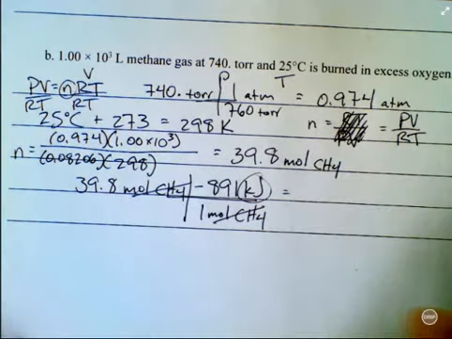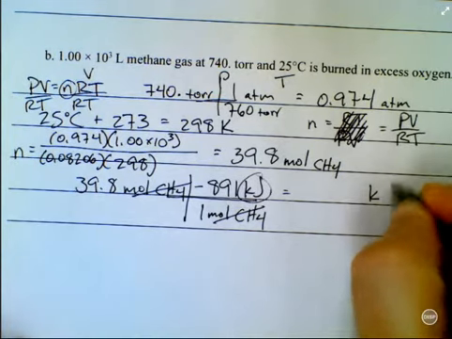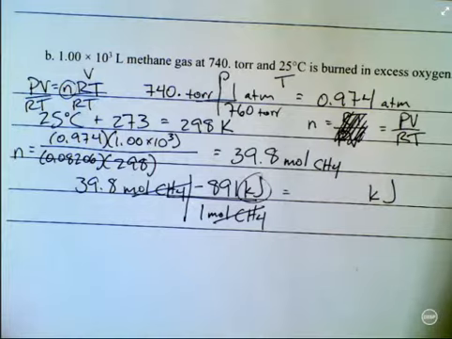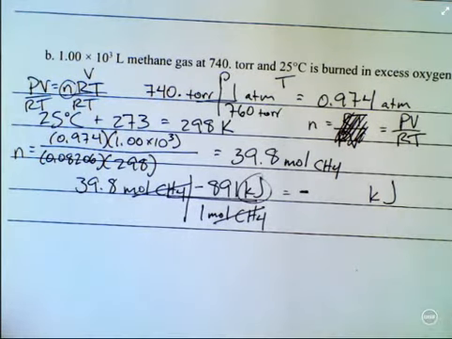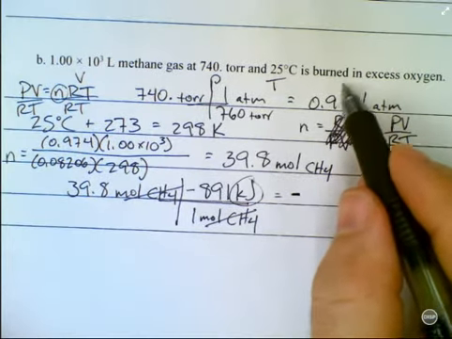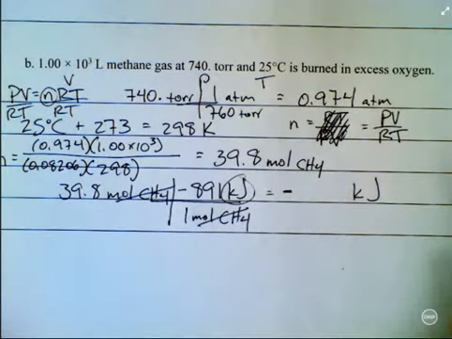The question is asking me to calculate the enthalpy change, so that is what I want. So I'll have a kJ. It'll end up being negative, which makes sense because this is combustion. It's being burned in excess oxygen, so that's an exothermic reaction. Energy is going from the system into the surroundings, so it makes sense that I would have a negative sign there. But doing some math,